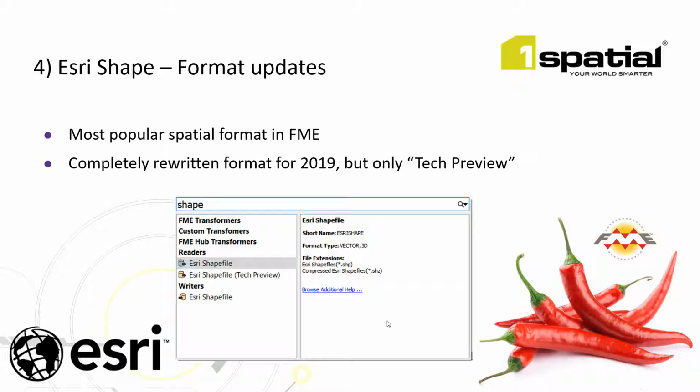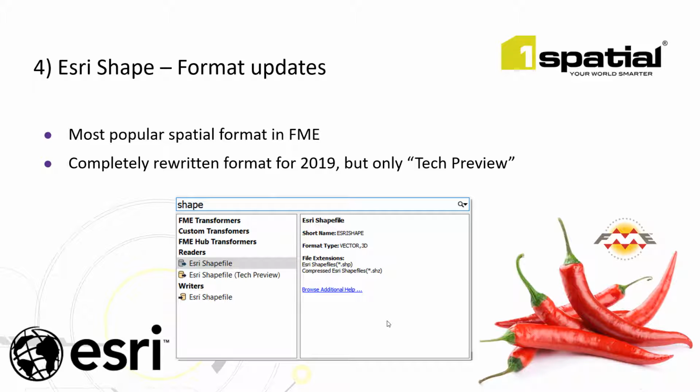Okay, and item number 4 in our 5 hot features. We're going to have a quick look at the ESRI Shape format updates. The reason why we're focusing on this is because ESRI Shape is the most important and popular spatial format in FME by a long chalk. So that means that there are a huge amount of people using the Shape format globally for lots of different things. In the spatial arena, it's used as a transfer format, it's used as a container, it's used to store data in, a very, very popular, well-known GIS system, the logo of which is in the bottom corner there,